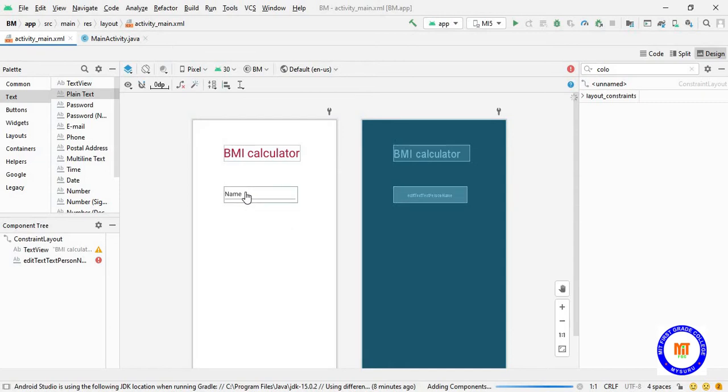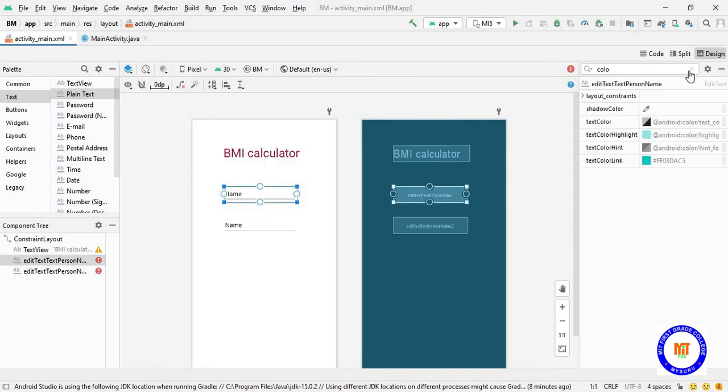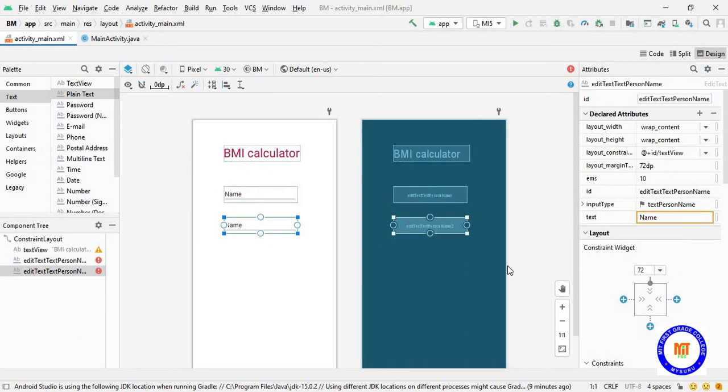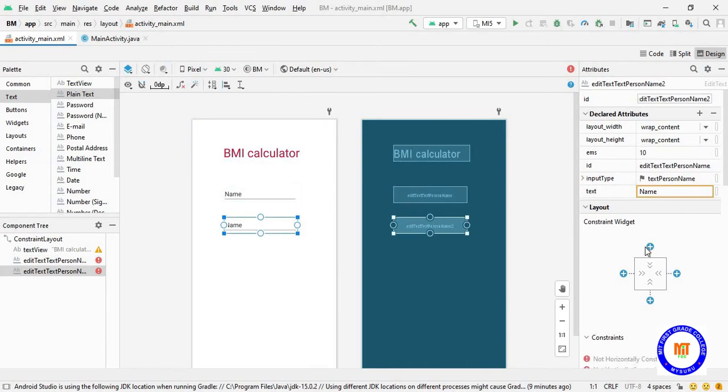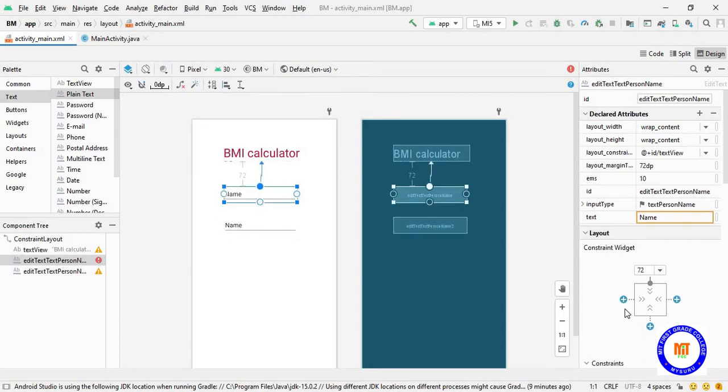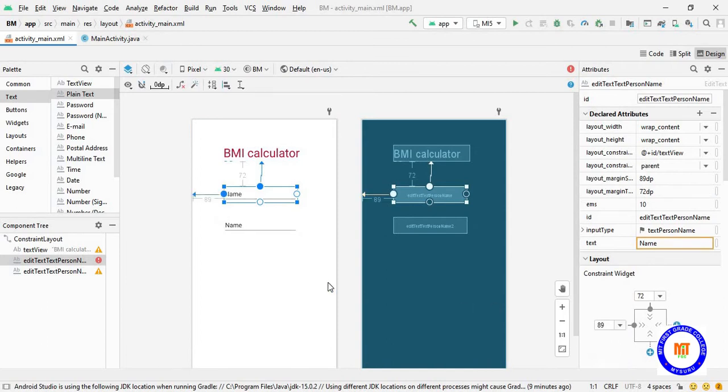Again we'll align it properly. We'll change the ID.